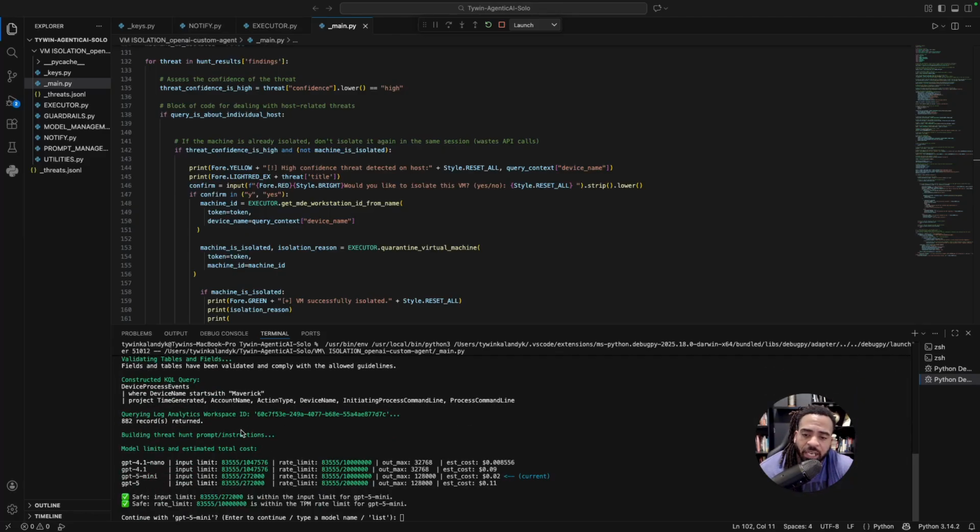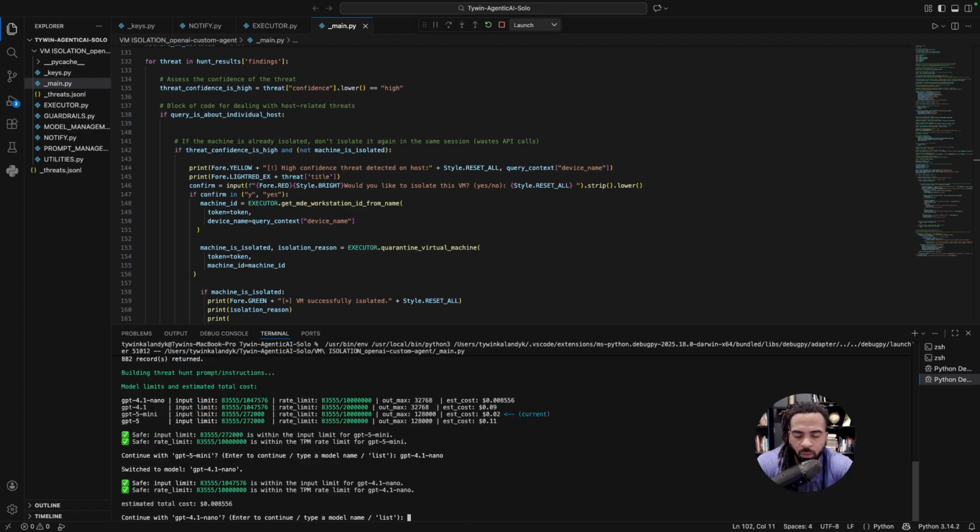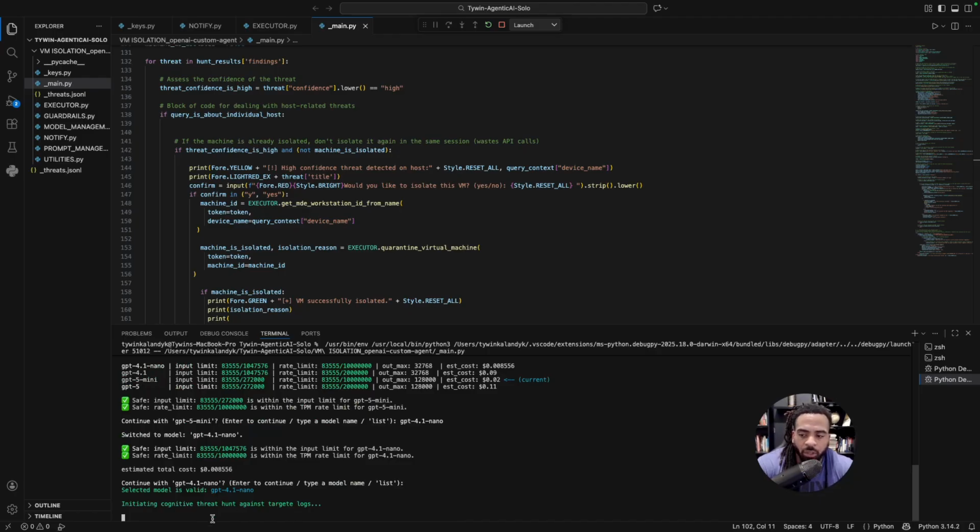And then now it's asking me which option I want to choose in terms of which version of ChatGPT I want to use. Based on the different ones you choose, there's different prices. So if I run it on the default, which is GPT-5 mini, it's going to be 2 cents. But we're going to save a few dollars, just as you'd want to do for the company. So we're going to use GPT 4.1 Nano. So it's going to cost us 0.8 cents. So we're going to change it to that. And then we'll just confirm. So it's going to go and start generating the actual report now.